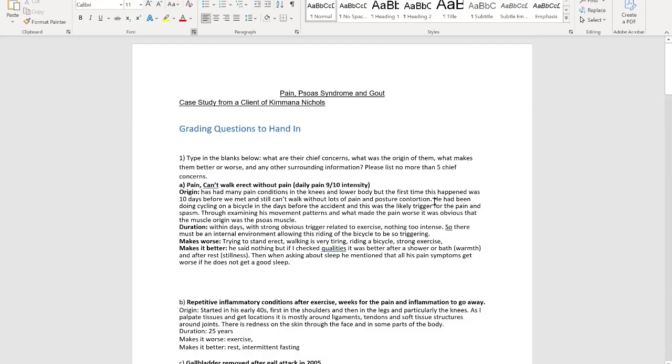So I'm going to give some visuals in the video of posture contortion that was taking place, particularly because he had been doing cycling on a bicycle in the days before the accident, and this was likely the trigger for the pain and the spasm. There was some form of muscle spasm causing the pain. Through examining his movement patterns and what made the pain worse, it was obvious that the muscle origin was the